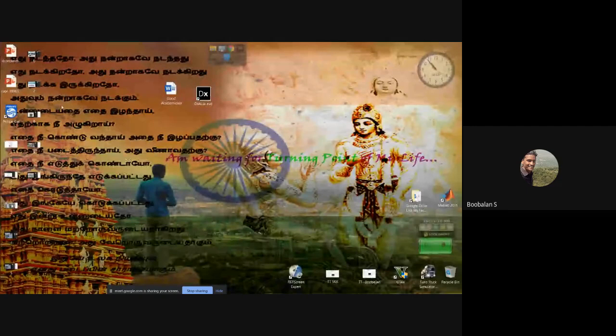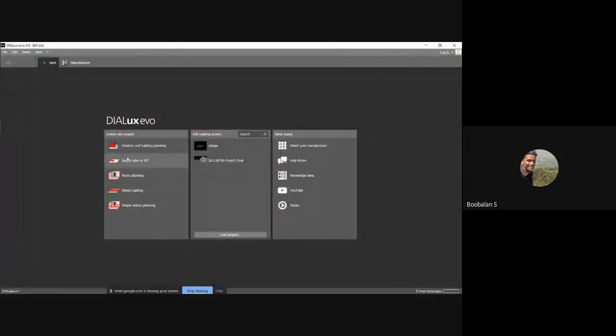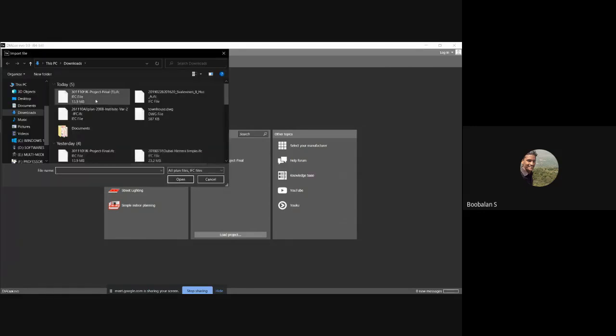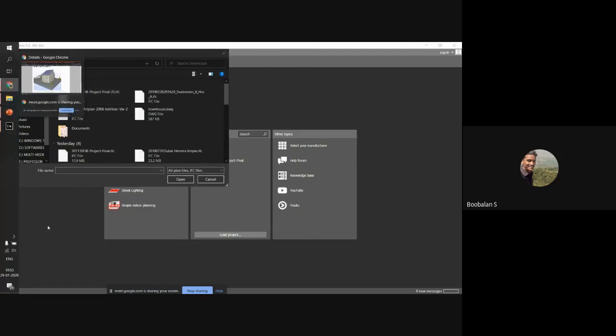So DIALUX, double click it and it will open, and I'm just going to go with it. This is a front text screen. You could go with import plan or IFC. So click on it. Once you click, your building file that I downloaded will be in Downloads. Just go with that, I'll check the download. Once it's downloaded,